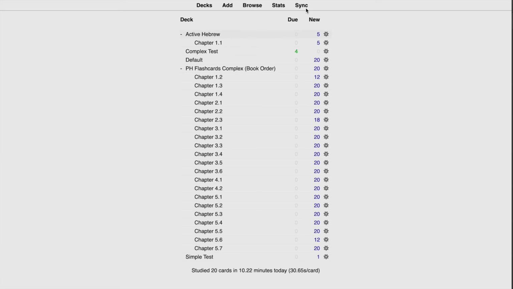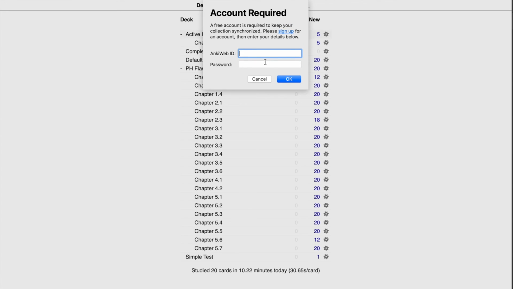One final thing, there's a sync feature here that if you sign up for an account, then if you have multiple devices, it's going to sync your data across devices. And you can get a free mobile app for your Android. Unfortunately, the app for Apple costs money. And don't blame Anki, blame Apple. Apple's dumb in several different ways. So this sync feature, this is how you can get it synced up with multiple different devices.